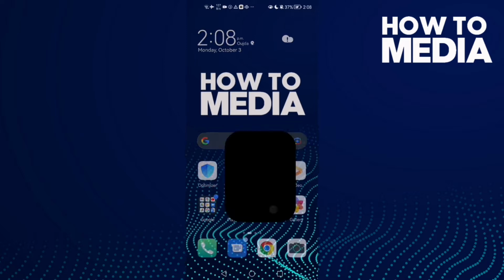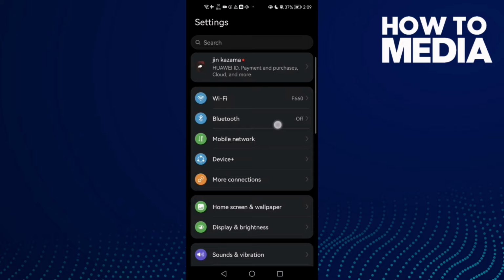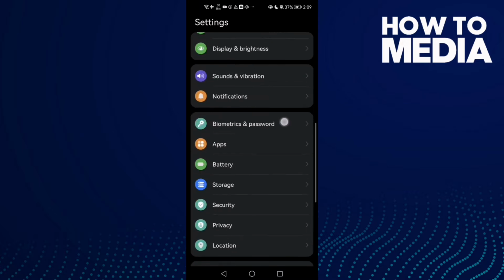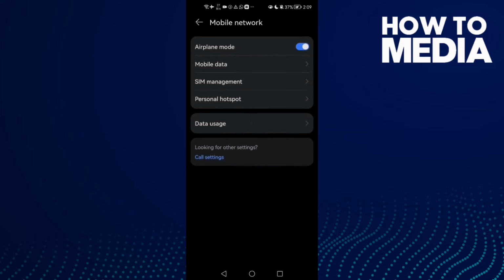First, open settings, and then here you need to find this one, mobile network. Just scroll and you will find it, and then click data usage, this one, last one,